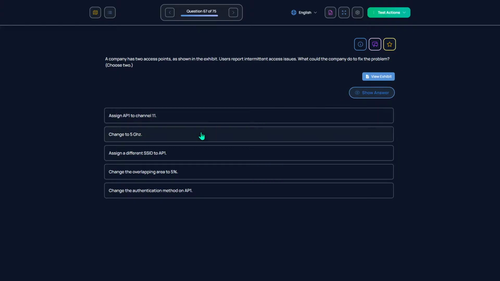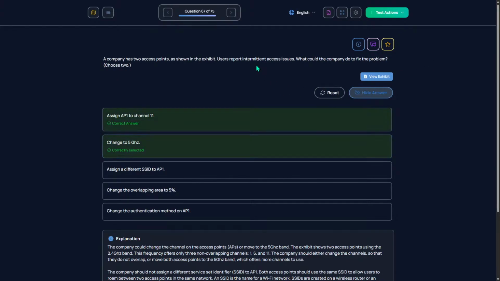Shouldn't I change it to 5 gigahertz? Yeah. Oh, it was. I had to choose 2, so I got that one halfway right. I don't know what to do about that one. Okay.